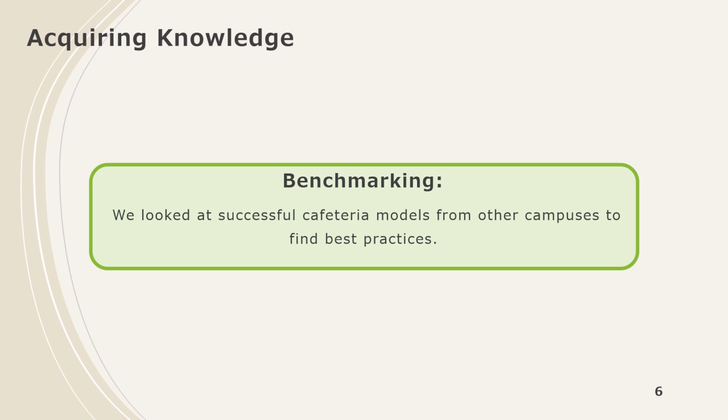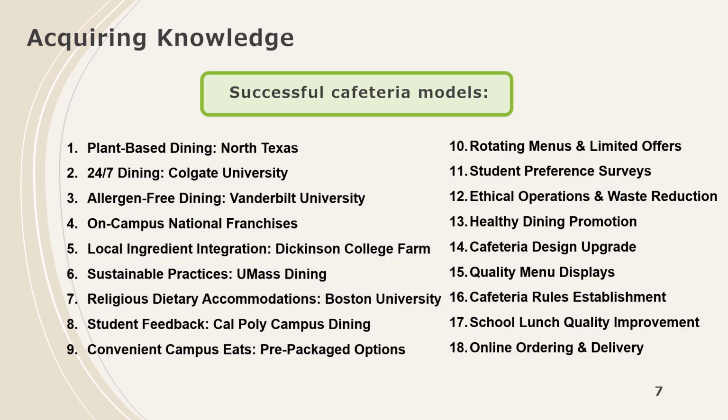The next method is the benchmarking method. In this method, we looked at successful cafeteria models from other campuses to find best practices. We found that the successful cafeteria models have the following options: plant-based dining, 24 hours, 7 days a week dining, allergen-free dining, on-campus national franchises,